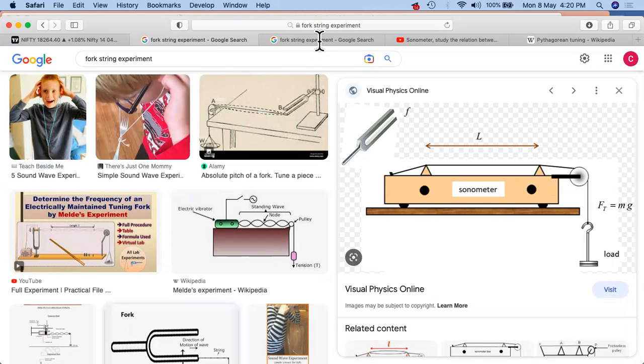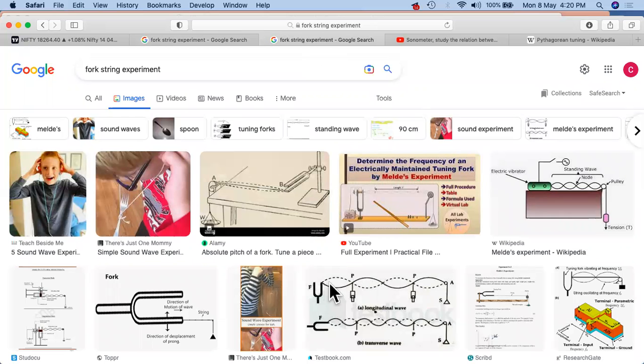What do you mean by these loops and how do these loops look? So I'll just try to show it over here so that it becomes easier for you to interpret those things, so that they are in front of you. So this kind of loops have been formed. So the ratio is in such a way that whatever is the frequency of the fork matches with the length of the string or the thread which has been attached.